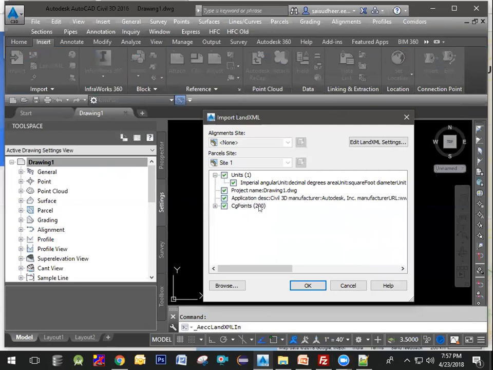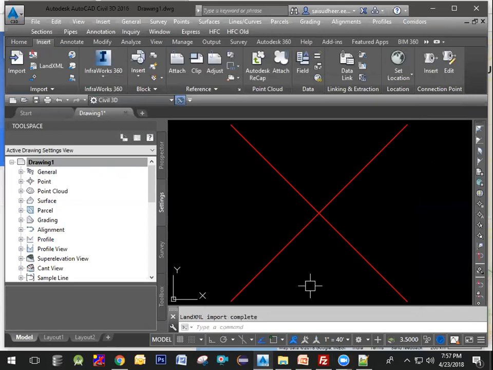So as you can see here, it will show you the count of the number of points which are present in the current XML file, and it has 200 points here. Click OK to continue. So the 200 XML points are imported now into the AutoCAD environment, but they are still not projected properly. So for doing that,